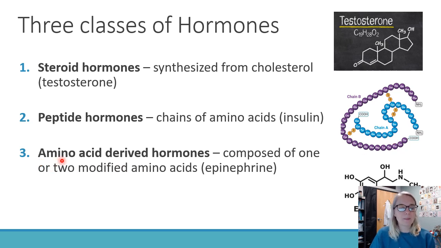And then the last group are called amino acid derived hormones. All that means is it is a hormone whose original molecule was an amino acid that has been modified a little bit, so it's no longer considered an amino acid. It is now a signaling molecule. So epinephrine, which is also called adrenaline, is your amino acid derivative. This little bit right here with the nitrogen would be the base molecule where the amino acid came from, and the ring is the added bit, the modified piece of that original amino acid. So we've got steroid hormones, peptide hormones, and amino acid derived hormones.